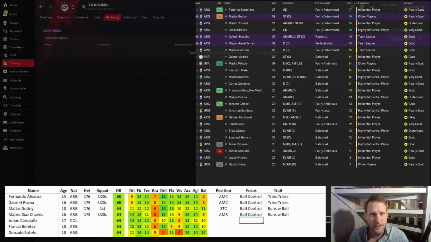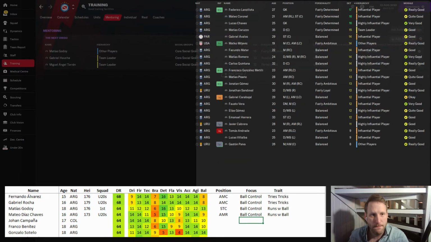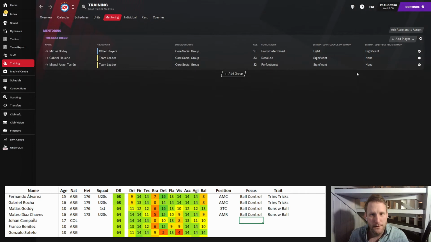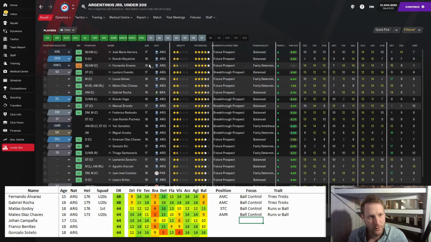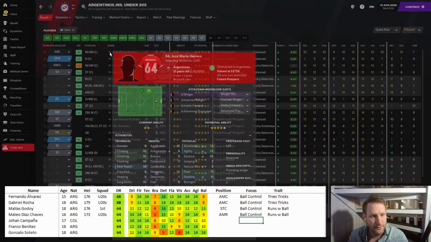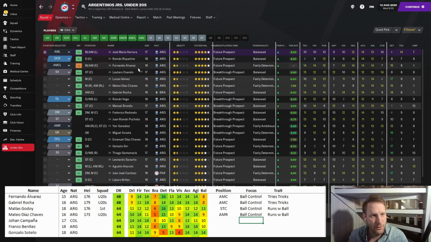We get Godoy in as well. And then we could add our potential Maradonas. All of them. Am I a genius or am I a fool? We will see.